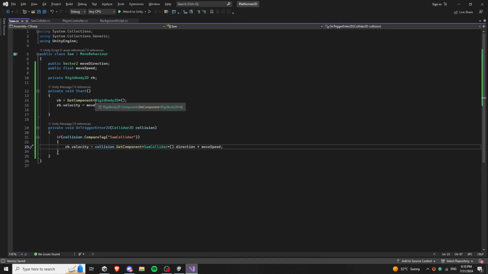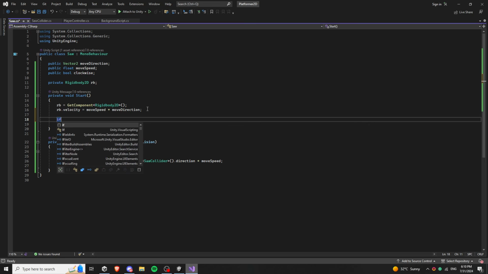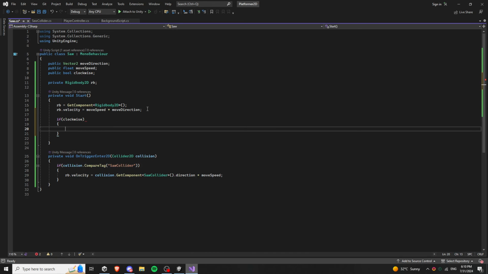Let's see here. Okay, let's create a new variable called, let's say, bool clockwise. By default it is not moving clockwise, but that doesn't matter. In start, let's check if it is clockwise. If clockwise, then